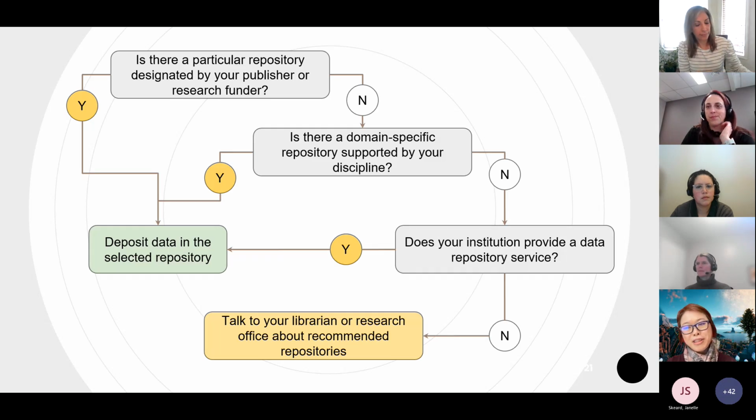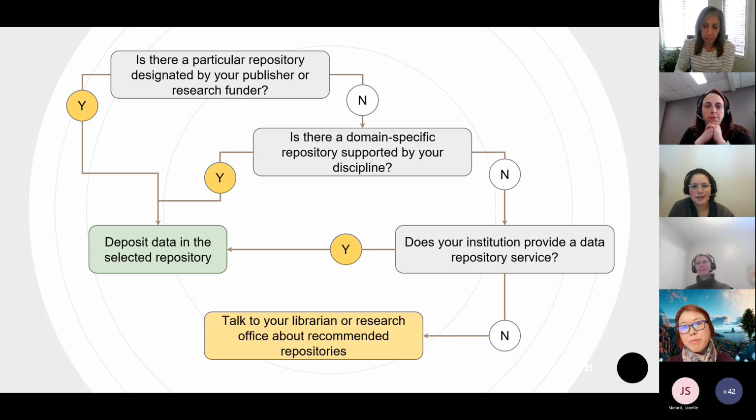So this small decision tree is very simple. First, ask yourself, is there a particular repository required or designated by your research funder or publisher? If yes, of course, no more questions, you have to deposit your data in that repository. If no,